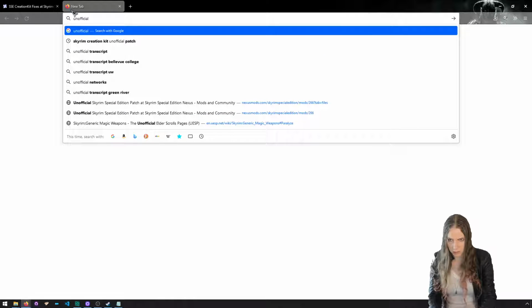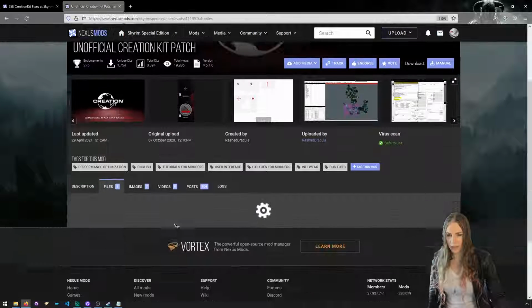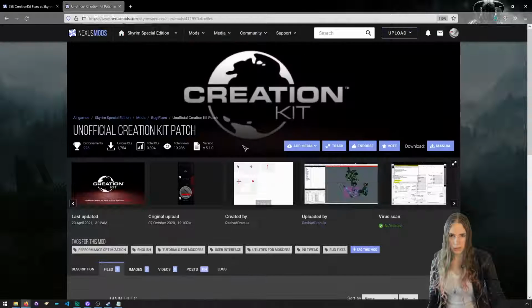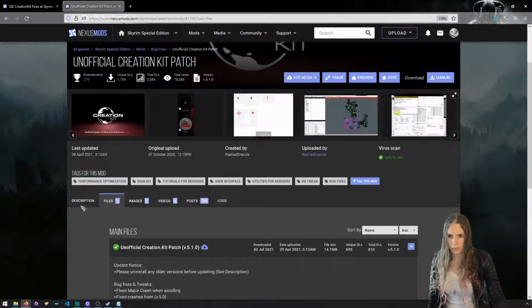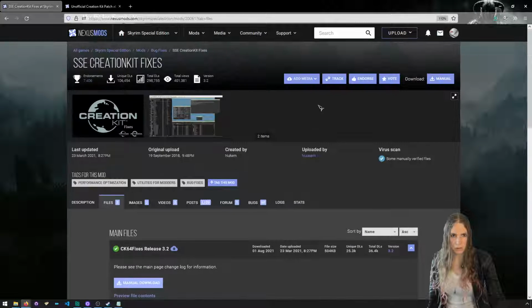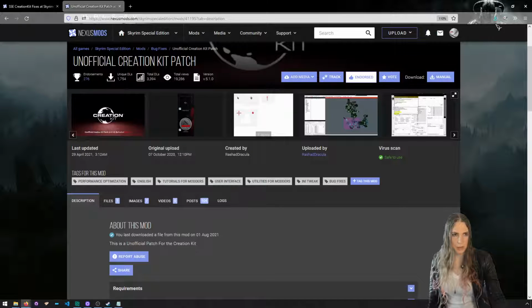Unofficial, if I can spell, Creation Kit patch. So right here, also on Nexus. If you download this, it's also a manual download, and it's going to have, I think, a little batch file. So manually download this, download, save. Go ahead and endorse both of these using this user that I'm using right now. Endorse. This is kind of my screencasting Nexus user, but